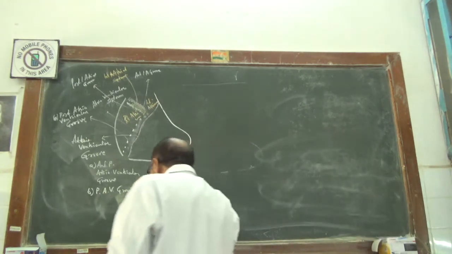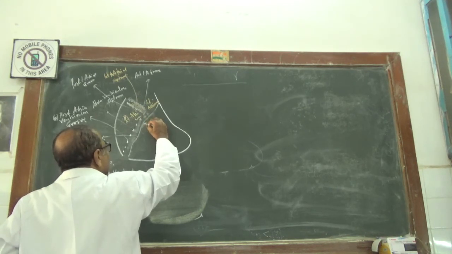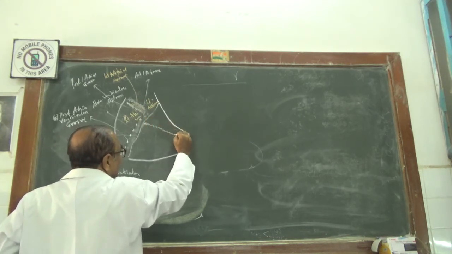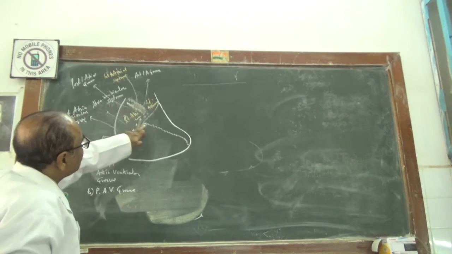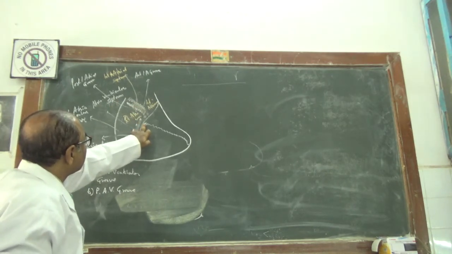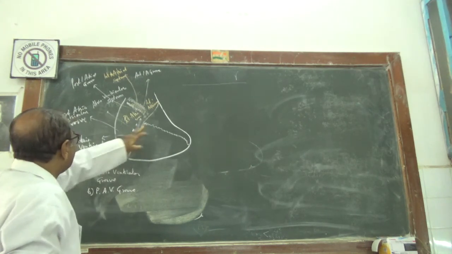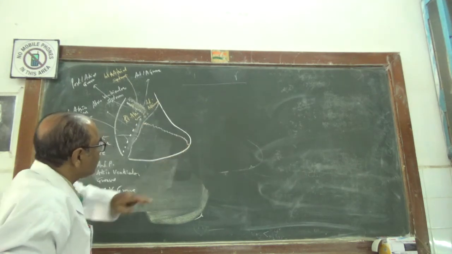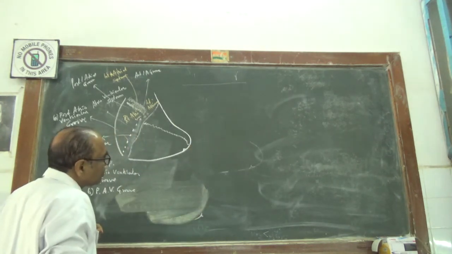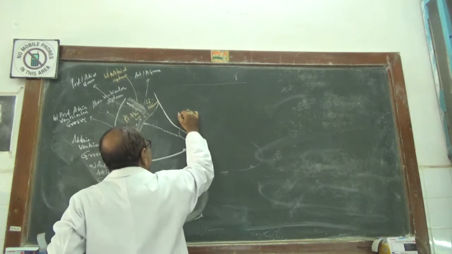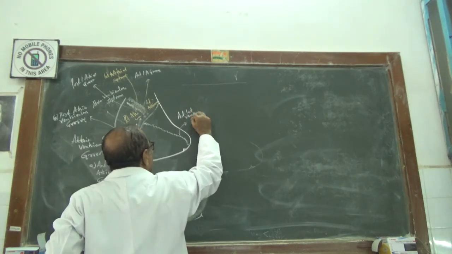Now you will be having another groove on the sternocostal surface of the heart, which will be running from the mid part of the anterior interatrial groove, or interatrioventricular groove, to the apex, close to the cardiac notch. So this is called the anterior interventricular groove.